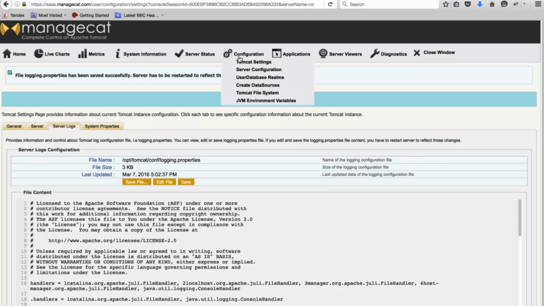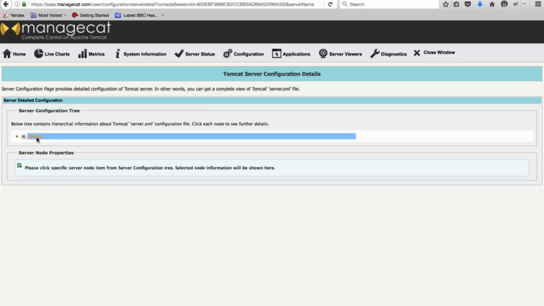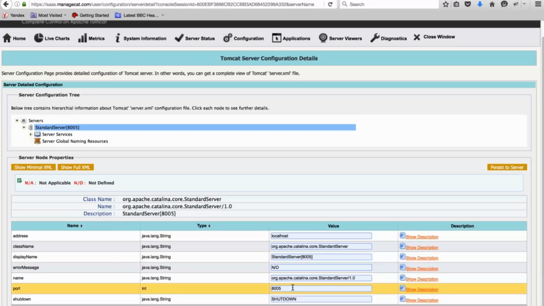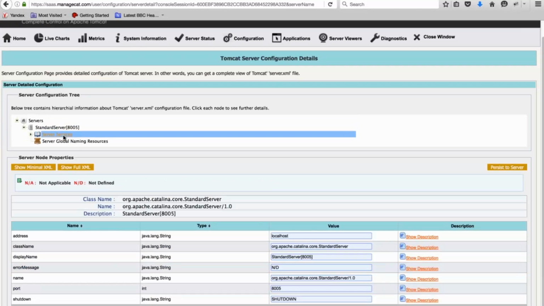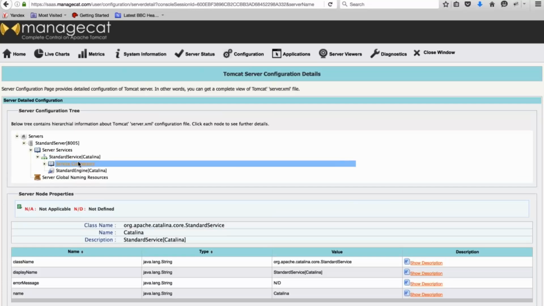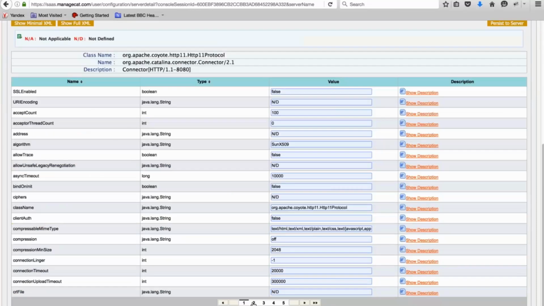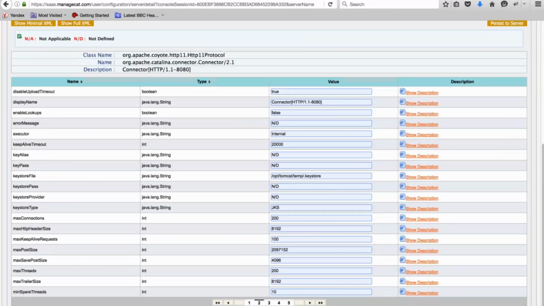With ManageCat, you can easily see all of these default configuration parameter values. For example, in the server, these are the default configuration parameters. If you want to see the 8080 connector default parameters, as you see, there are a bunch of default parameter values,